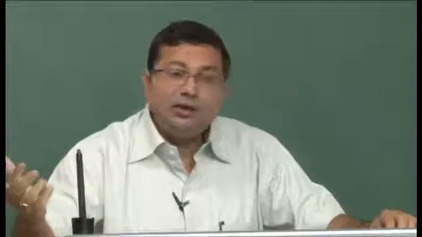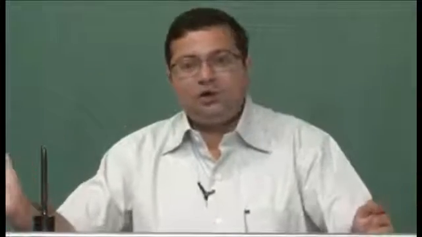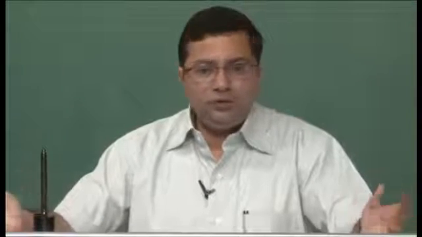So, periodically the satellite has to be brought back to the orbit, and as long as it remains in the orbit, it is useful. So, the life of a satellite is as long as it remains in the orbit, and in order to do that, rockets are used extensively. Small thrusts are produced for course correction of satellites. So, rockets are not only used to put satellites in orbit, but also to maintain satellites during their life, because if a satellite goes beyond a particular altitude and goes out of the orbit, it is of no use.